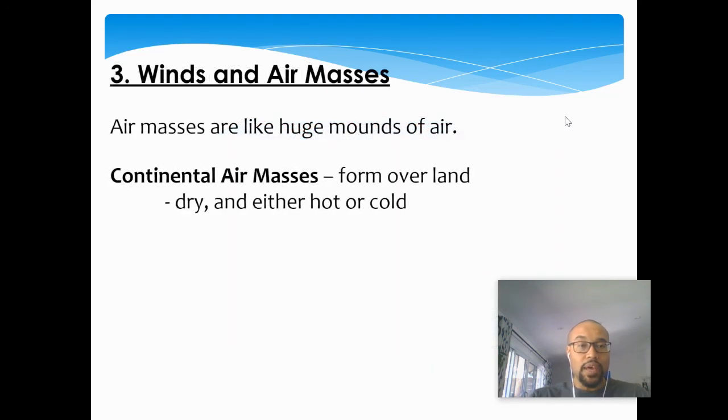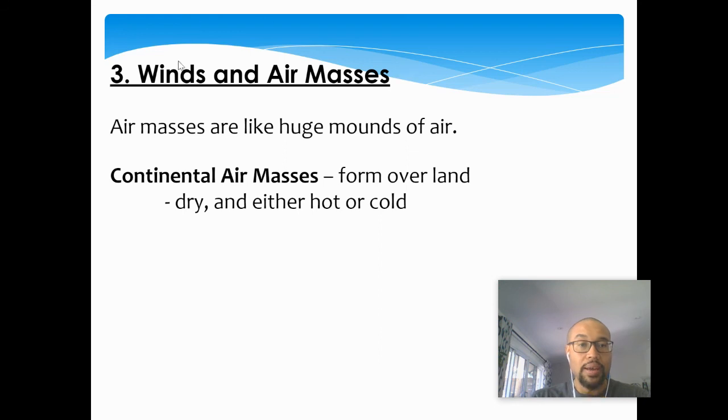Okay, winds and air masses. So an air mass, as I said, is like a huge parcel of air that is homogeneous, meaning it has the same temperature and moisture content, right? So it's a big parcel of air, you can't see it, but it all has the same temperature